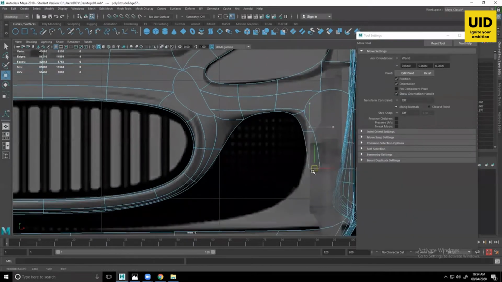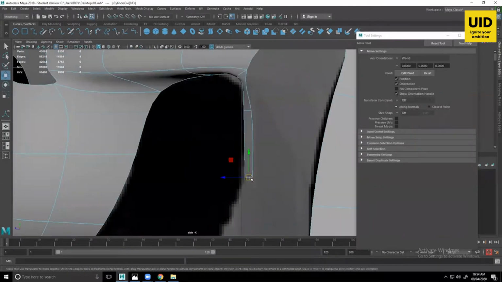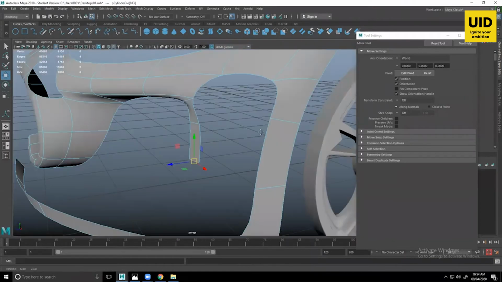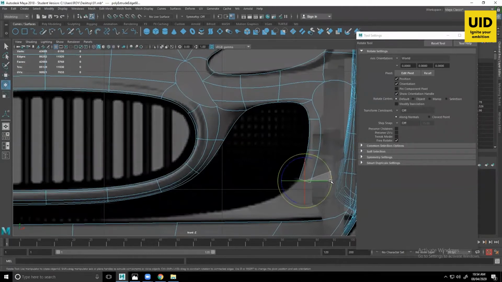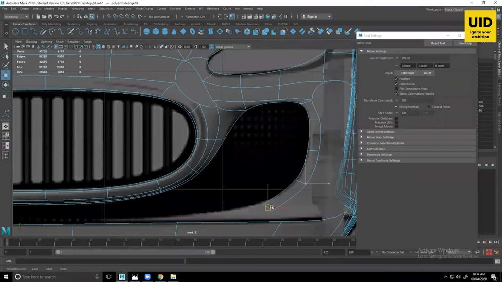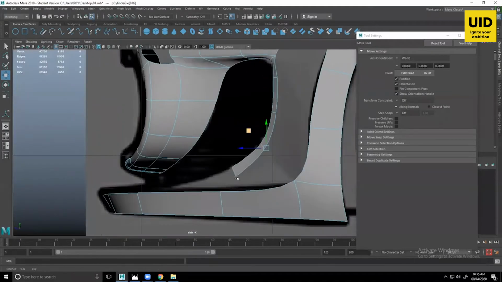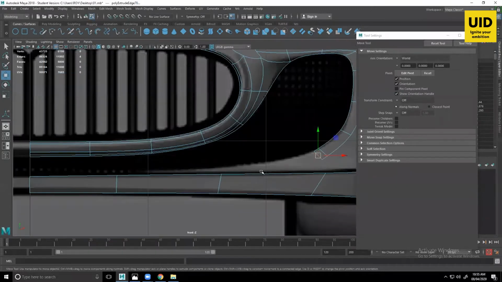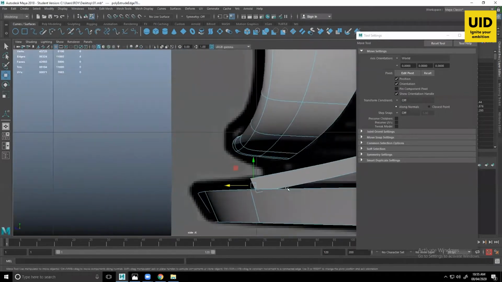Control E. Control E. Now here we can flatten things up.